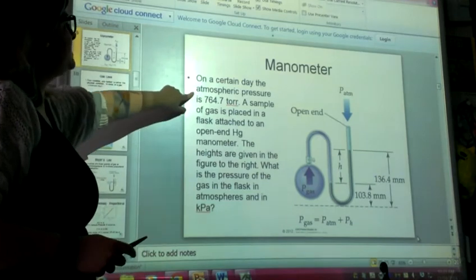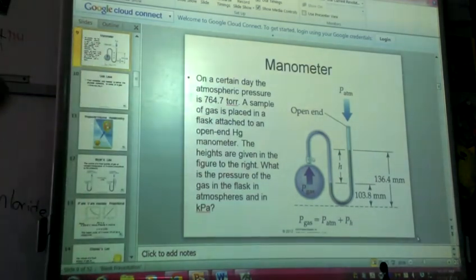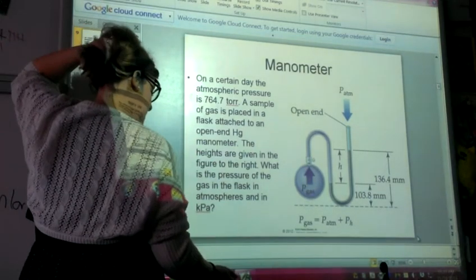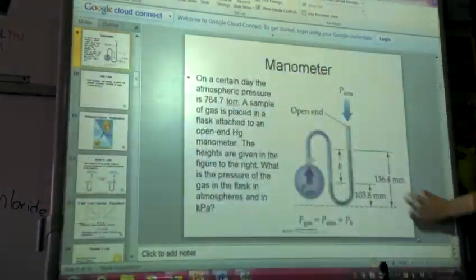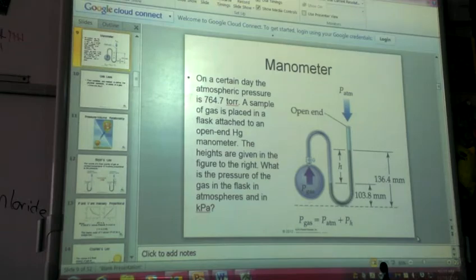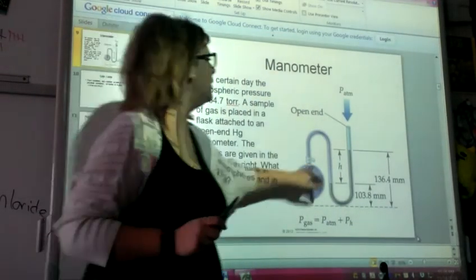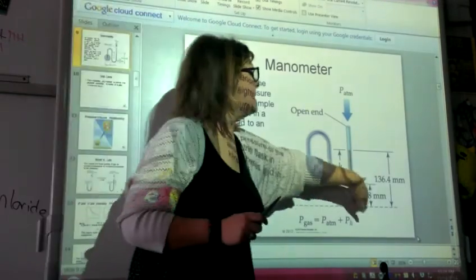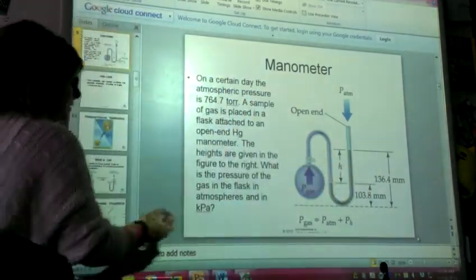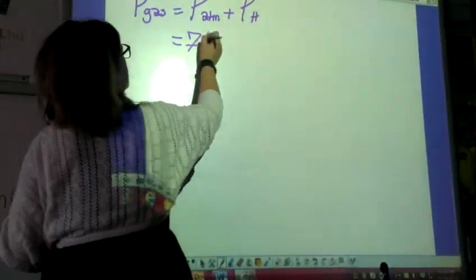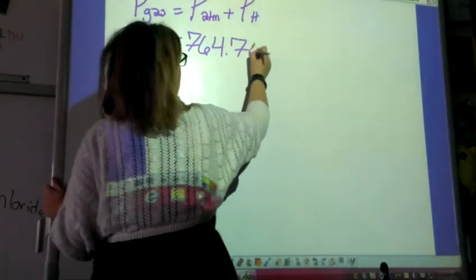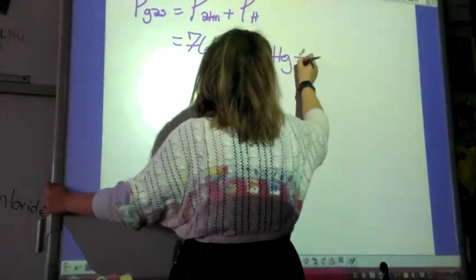They told me on a certain day the atmospheric pressure is 764.7 torr. I'm going to go ahead and just say that that's the same thing as millimeters of mercury. I'm going to say that because the height difference here is in millimeters, and I know that that's of mercury. So because of that, it's just easier for me to make this millimeters of mercury since this is in millimeters of mercury. So I'll do 764.7 millimeters of mercury plus